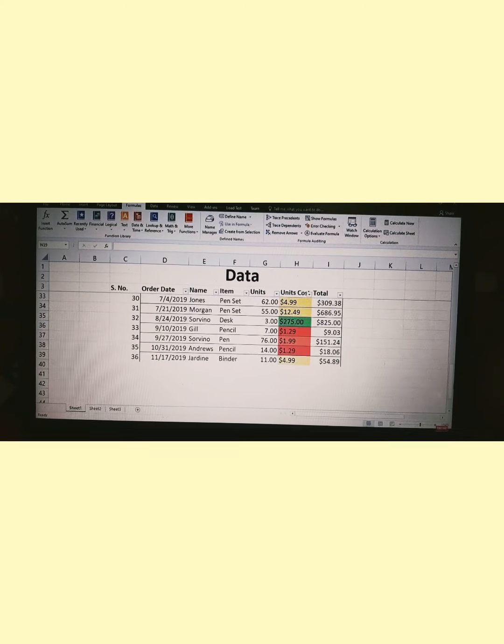To do that, I'm going to select a cell like this one and type in a formula, adding up all the values that are available. A simple approach would be to just sum up these values.